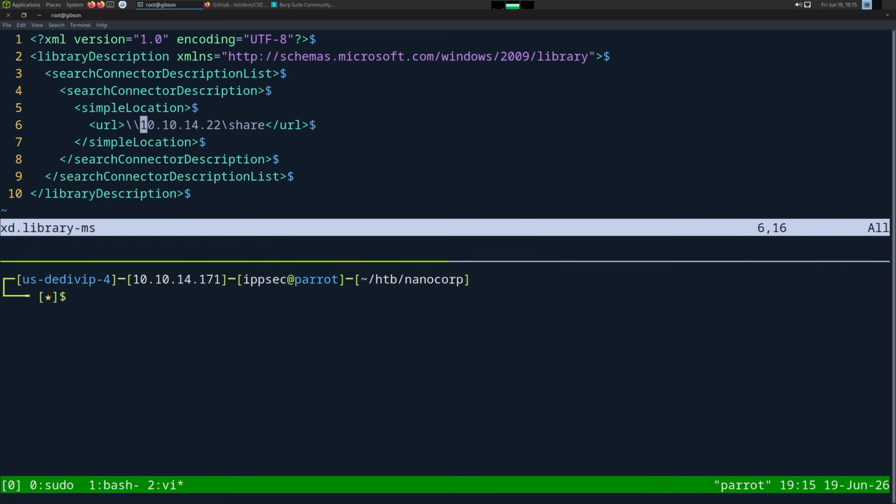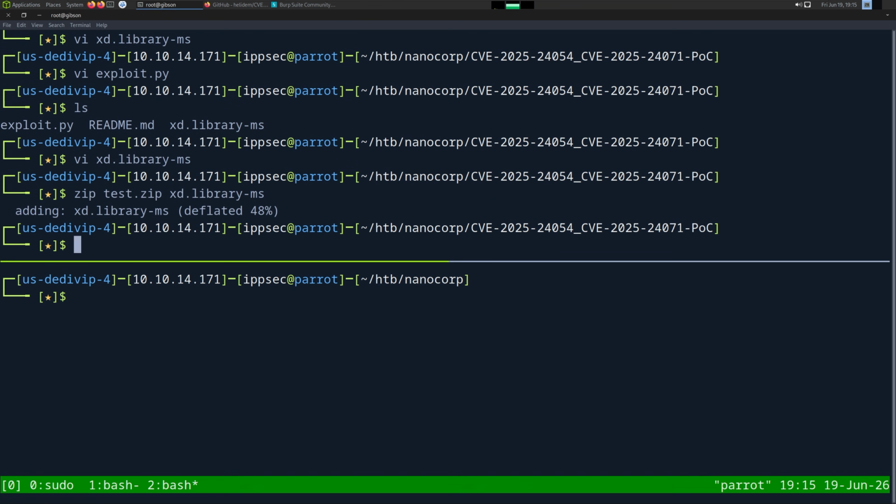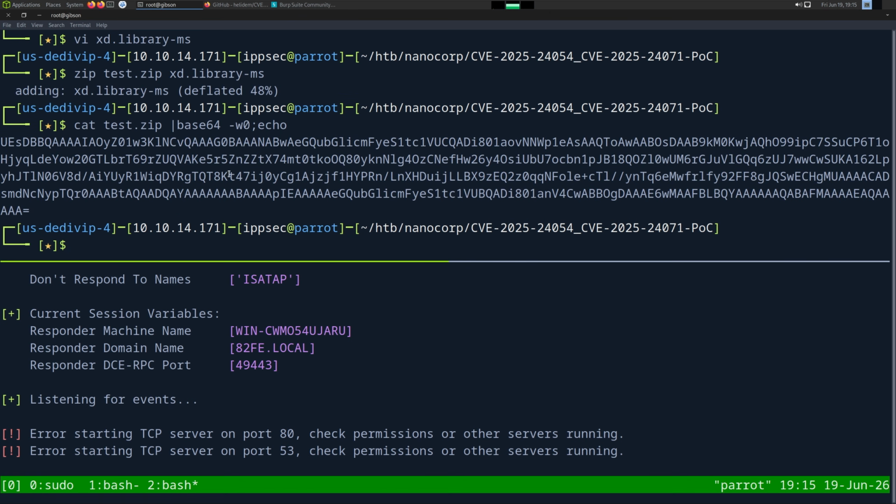So let's do 10.10.14.171. Okay, let's zip test.zip on this file and sudo responder -I tun0. That's fine. And let's go ahead and do this really quick. So we called this test.zip. We will copy this,